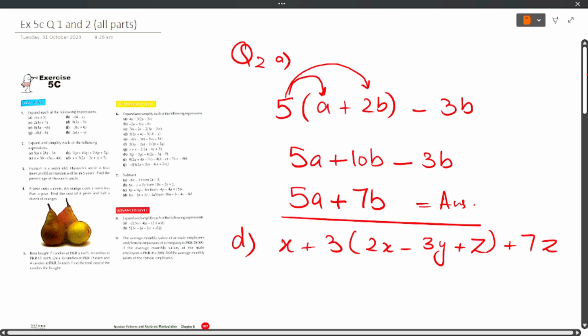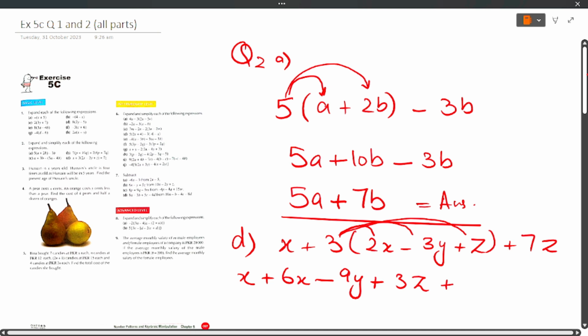Now remember, this 3 is going to multiply with 2x, then with minus 3y, and then with plus z. So I'm going to write x plus 3 times 2 is 6x, minus, because plus minus minus, 3 times 3 is 9y, well done, plus, plus plus, 3 times 1 is